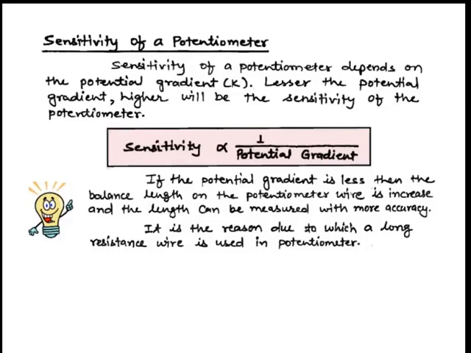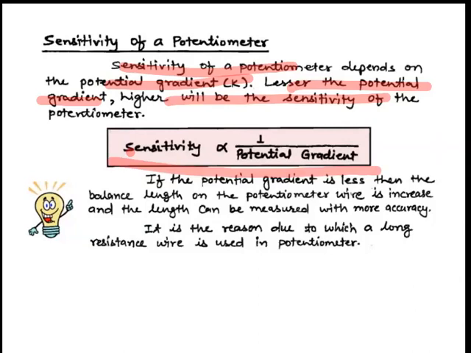So how sensitive is your potentiometer? It depends upon potential gradient. Lesser the potential gradient, higher will be the sensitivity. So the value of K should be less for a very sensitive potentiometer. So sensitivity is inversely proportional to